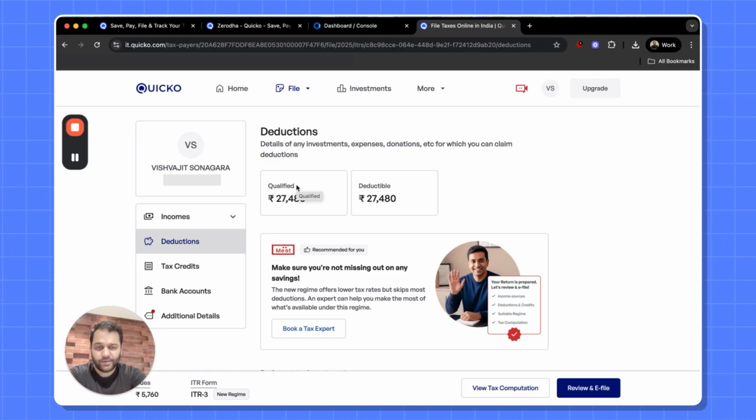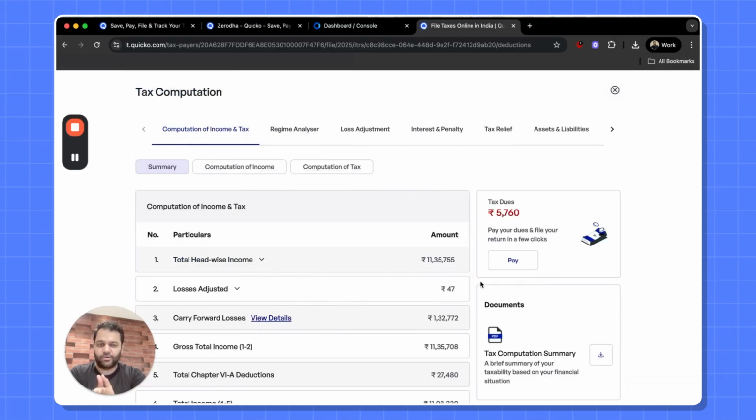So the easiest way to determine which regime is beneficial to you, new versus old, is to click on this here, view tax comparison. Now this is the USP of Quicko, right? Because it's built by people like you. We are engineers, we are product people, we are not accountants. Of course, there are accountants in the team, but our goal is to help you tell your personal finance story, right? So we want you to, as and when you prepare your income tax return and you enter data, continuously look at the